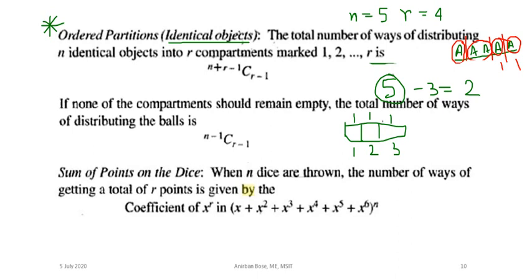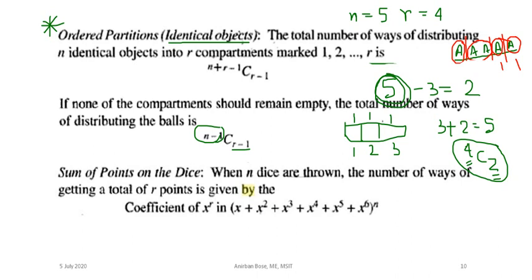Okay, so now the thing is what? There are total how many compartments? There are 3 compartments, and what you have to distribute? You have to distribute 2 because 2 similar objects are now there. So 3 plus 2 is 5, and 5 minus 1 that you have to take, that is 4 C, 3 compartments, so 3 minus 1, so 4C2. And if you see this 4C2 with the actual problem, this 4 is nothing but the total number of similar objects minus 1, and that is why this n minus 1 is there, and r minus 1 is the number of compartments minus 1, so 4C2. Okay, so in this way we can solve the problem.